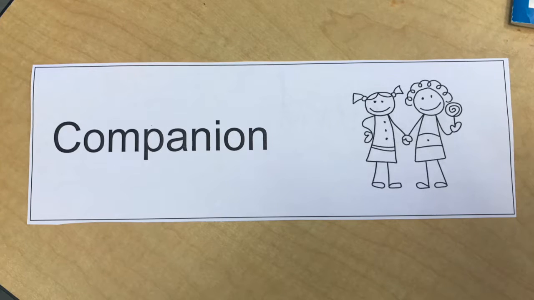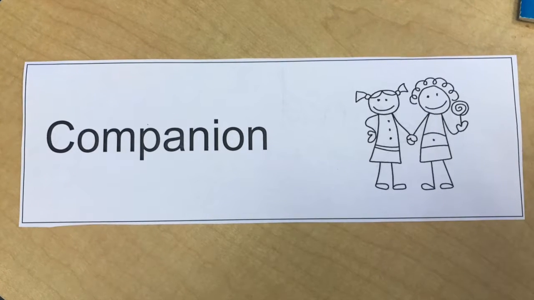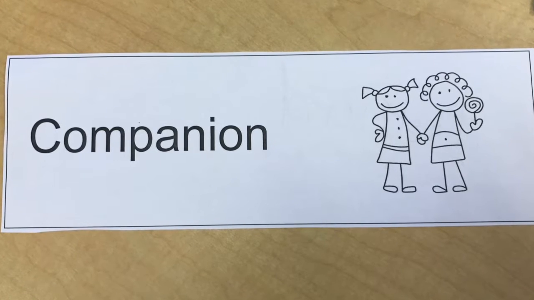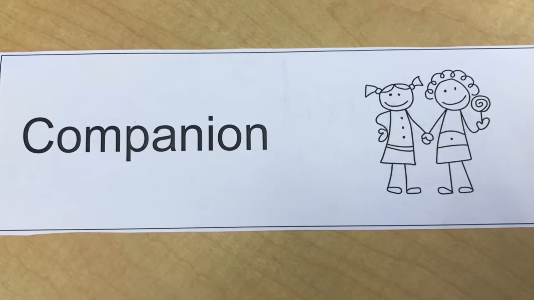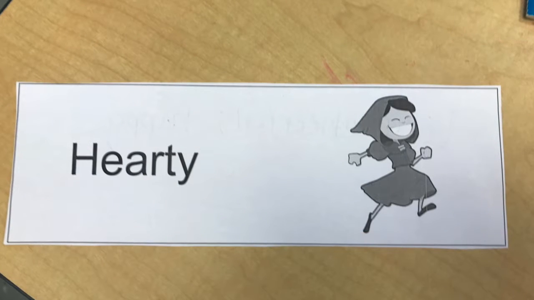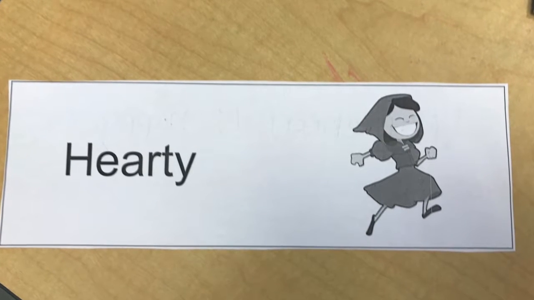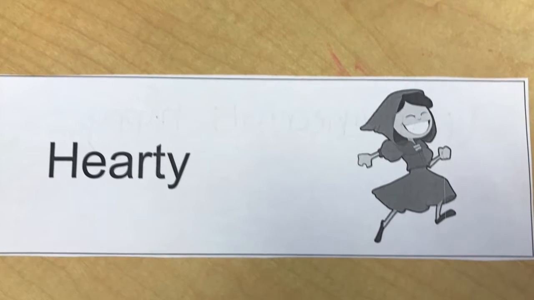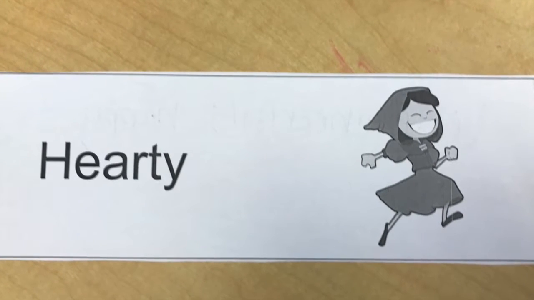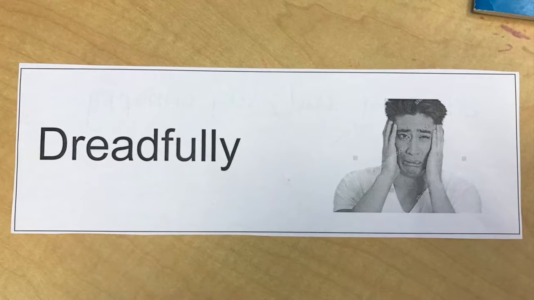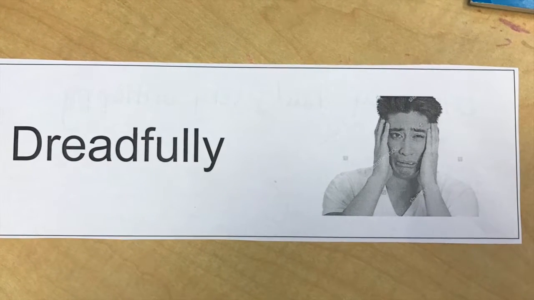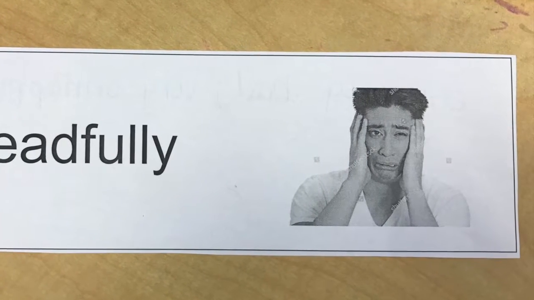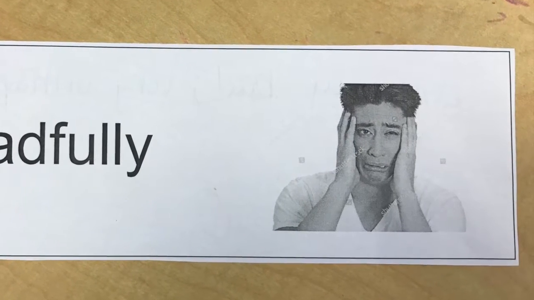Within the book, I approached not only from a dialogic reading standpoint, but I also incorporated word walk features. Therefore, prior to reading the story, I introduced 3 Tier 3 words: companion, hearty, and dreadfully. As I introduced these words, students repeated the words. Additionally, I provided child-friendly definitions and we discussed pictorial examples. Within the following clip, you will see how I introduced the book and reminded students of what to do in regard to the Tier 3 words throughout the text.